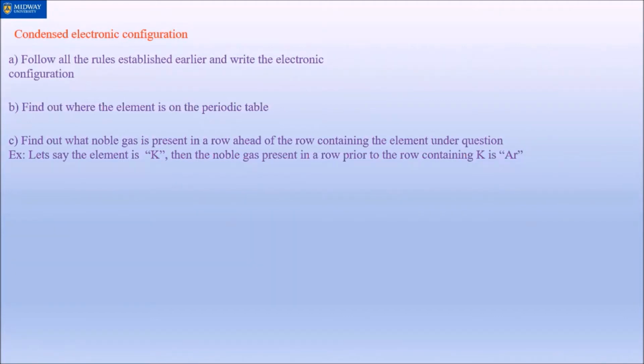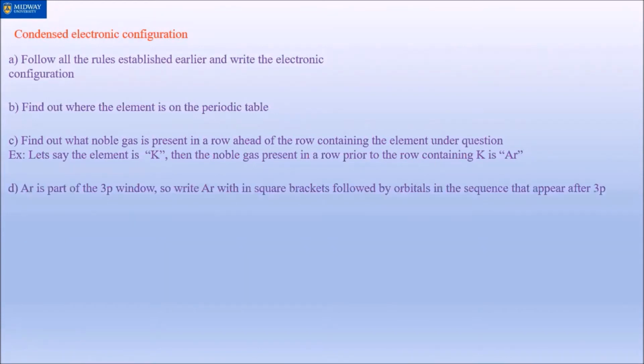Now this has no bearing on rule A. You could do rule C perfectly fine, but if you didn't have A correctly done, chances are you're never going to get the whole question right. So as I said, chemistry is a collection of interconnected objects. While it may appear as if the two rules are independent of each other, when you put them together, they become connected. So rule C is interrelated to rule A. Argon is part of the 3p window. Now, I'm going to put a placeholder for D for now. Let's actually